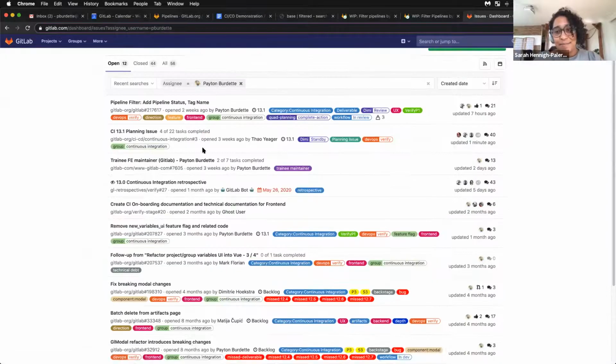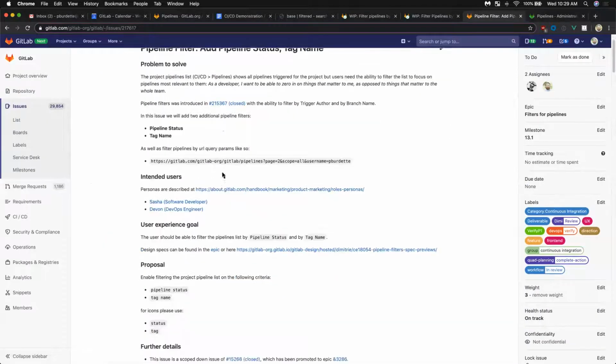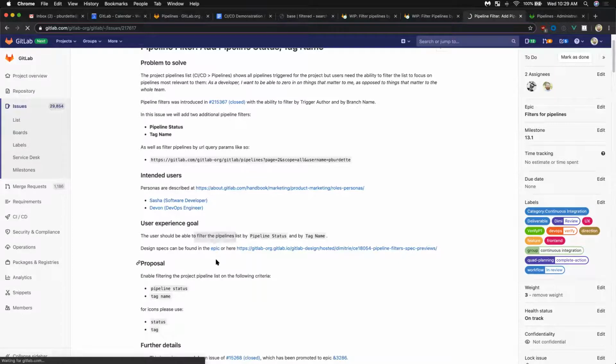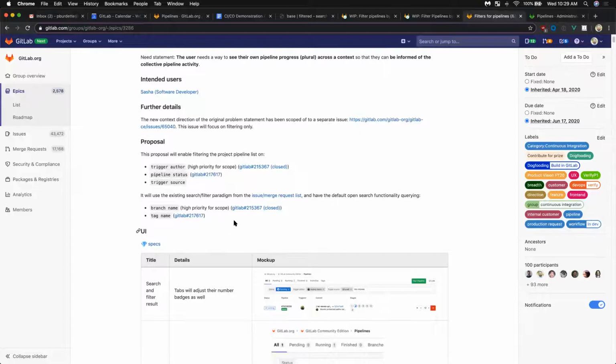So let me find the epic. Okay, so originally the epic was pretty huge to introduce all in one milestone. It used to just be an issue, not an epic. So it was trigger author, pipeline status, trigger source, branch name, tag name. And when I was looking at this, I was like, that's going to be super hard to do in one milestone. So what we did was promote this to an epic, and then we introduced trigger author and